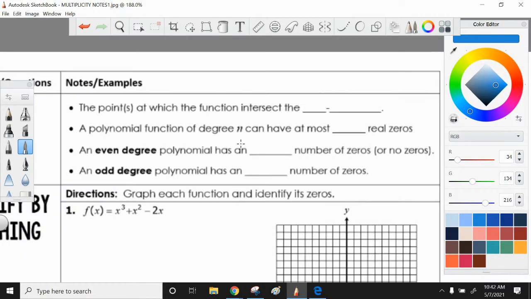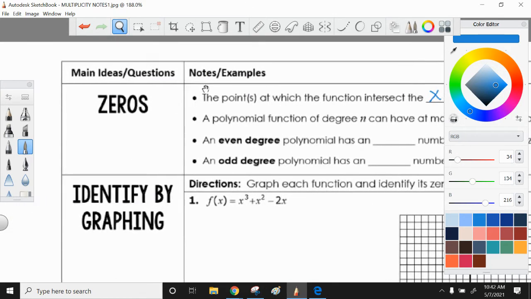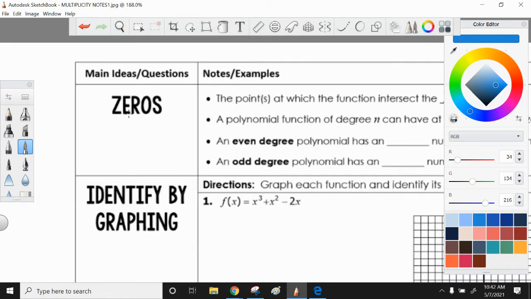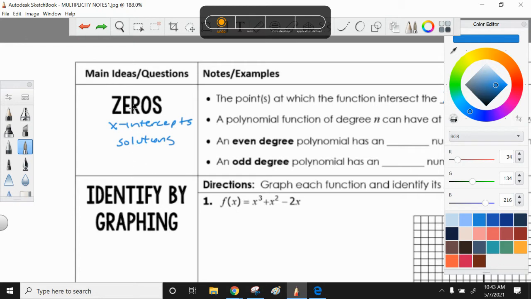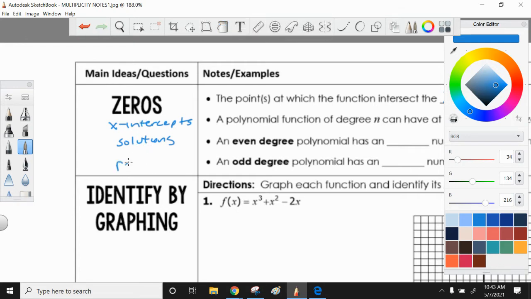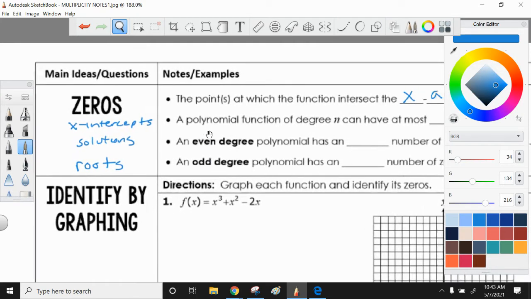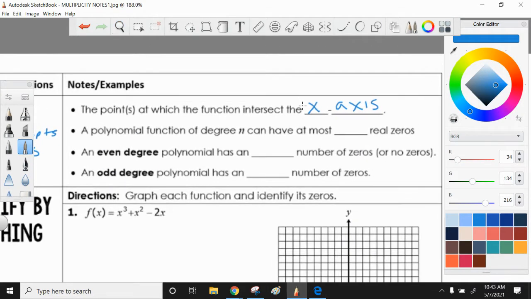functions. We know that the points at which the function intersects the x-axis are considered to be x-intercepts, and x-intercepts are considered to be zeros. Something that we've done several times this week is to list things that are the same as zeros. That would be x-intercepts, which are the same. That would be solutions, which are the same. Sorry, we forgot zeros. That would be zeros, solutions, x-intercepts, and roots. So those four things are all the same, which means looking at graphs, zeros are x-intercepts, where they touch the